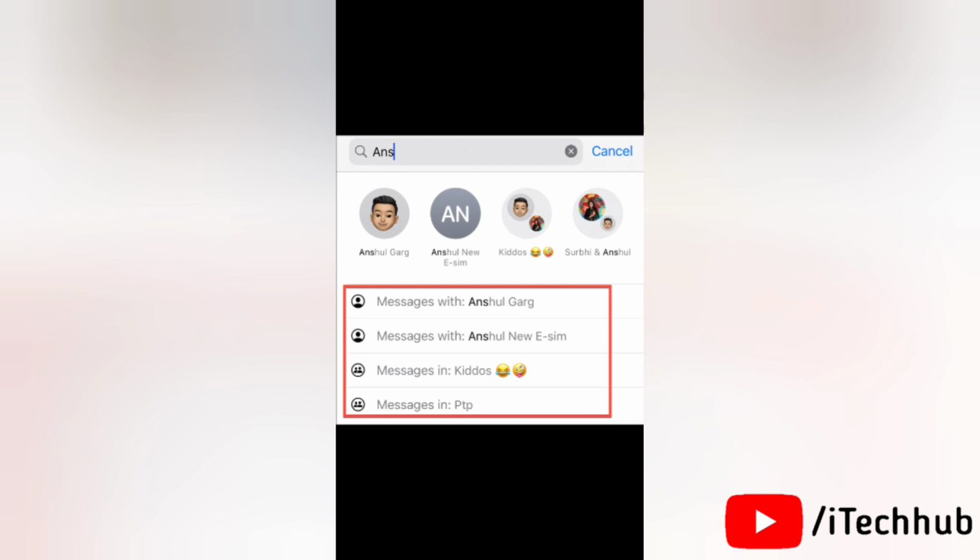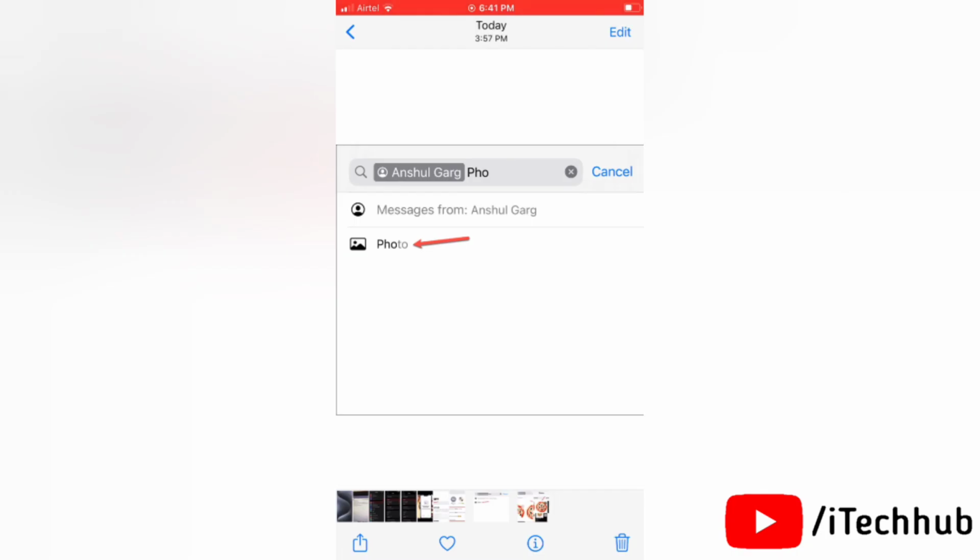For example, we'll start with the name of a person. The different search filters for them include messages with that person, or if you are in a group chat with that person, messages in group name. Then next, you can start searching for the message by tapping a phrase, or you can combine it with another